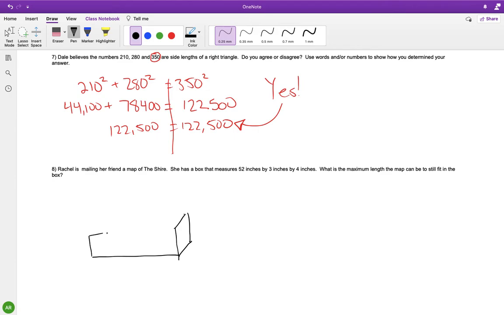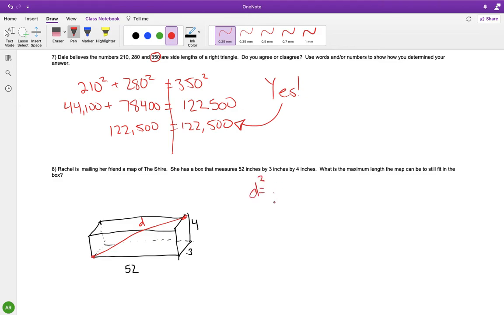I'm going to put the Shire map in. Please don't worry about these being to scale. It doesn't really matter. It's kind of the back. We can't see that, and we can't see that either. So we have 52 here. We have 3 here. And we have 4 there. Now I'm trying to determine the distance from this end to that, and not my best drawing ever, but we're going to go with it. So that's my D. So in this case, the diagonal is going to be,